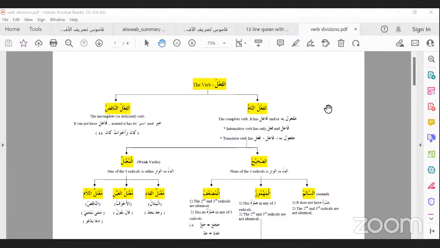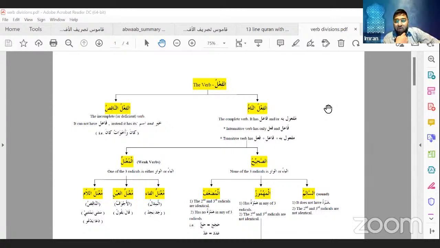For me, everything is strange. Anyone else? Has anyone studied any of these verb conjugations, Sister Maksuma? Or any of the sisters? No? Okay, that's fine. So what I'm going to do,